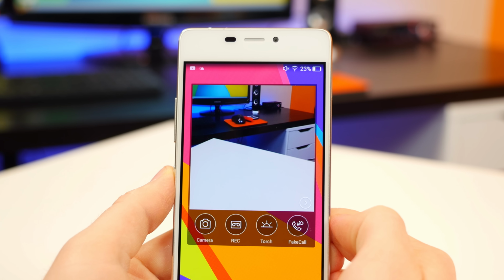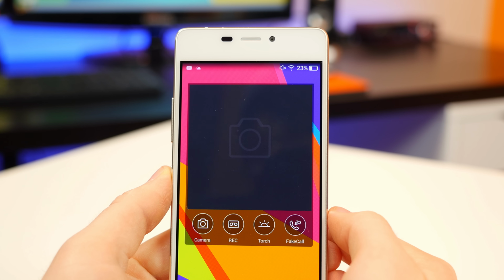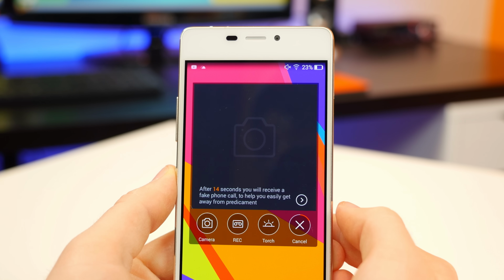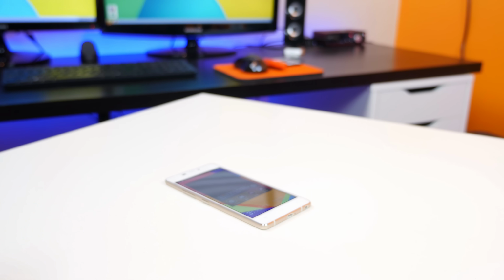You can also turn on the torch or flash on your phone to act like a flashlight. And then I thought this was super unusual. It's an option to receive a fake call to get yourself out of awkward situations. Yeah, that's right. You can tap on this and like 15 seconds later, your phone rings from an unknown caller